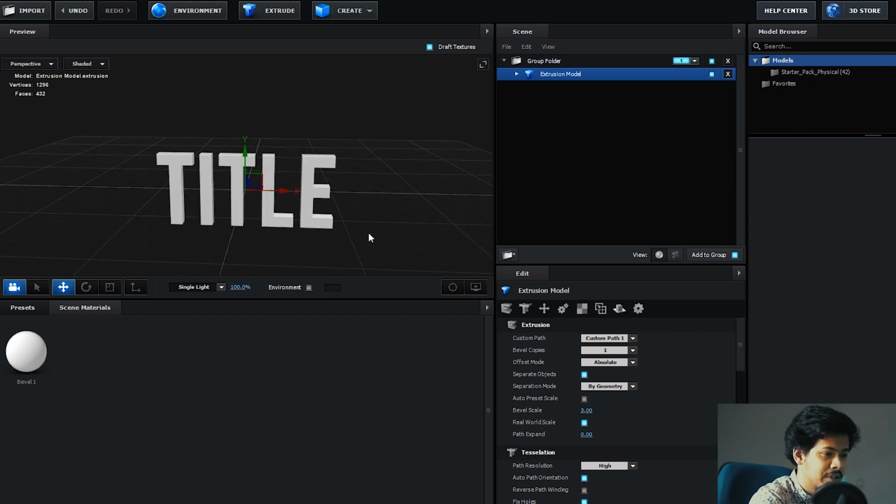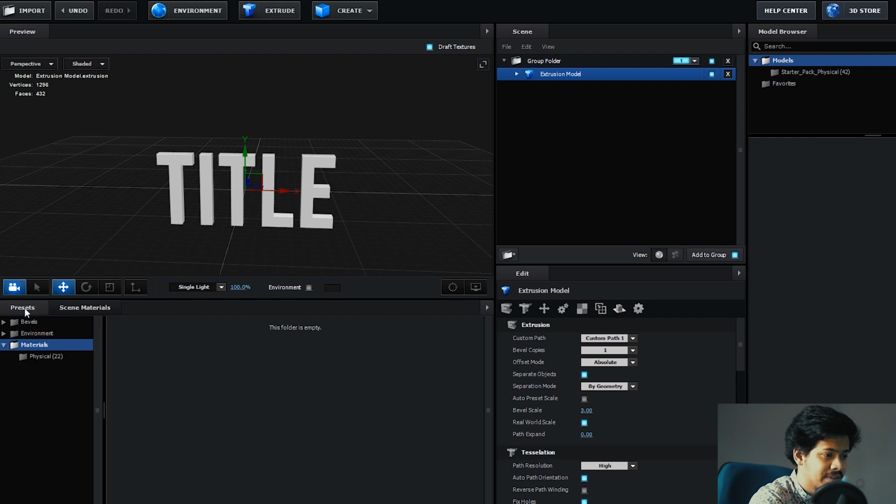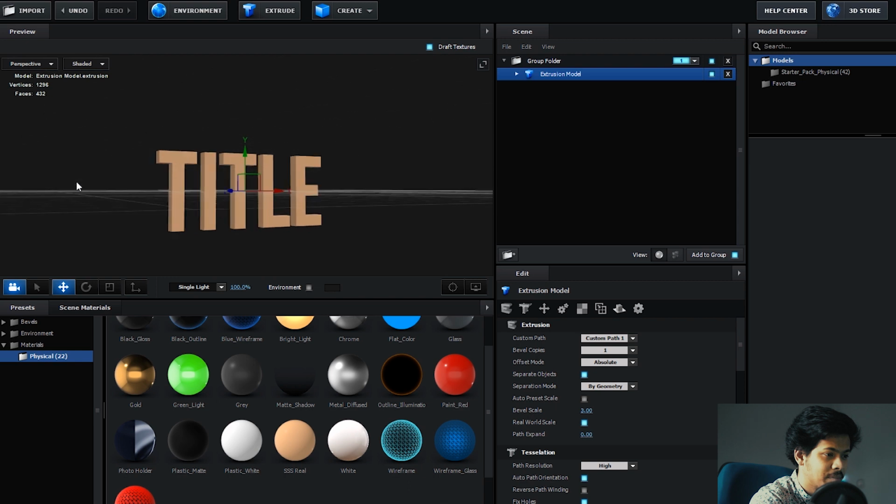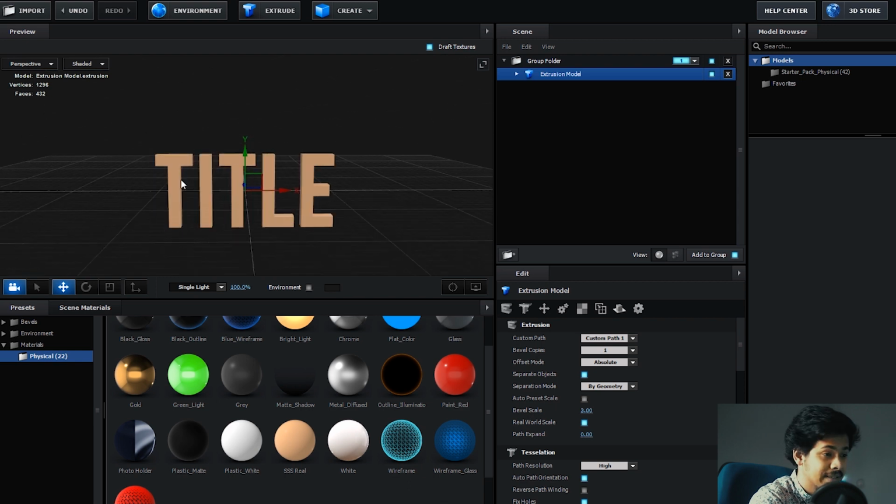So now the next thing we need to do is add texture to it. Let's come to presets here, click here presets, and select any preset that you want. Select any texture, it doesn't matter, we are anyways going to change it with another image. So select any plain texture. I'm just going to select this one here and drop it onto my title here. As you can see, my title has now taken that particular texture. Now we are going to change this particular texture and drop another texture here.